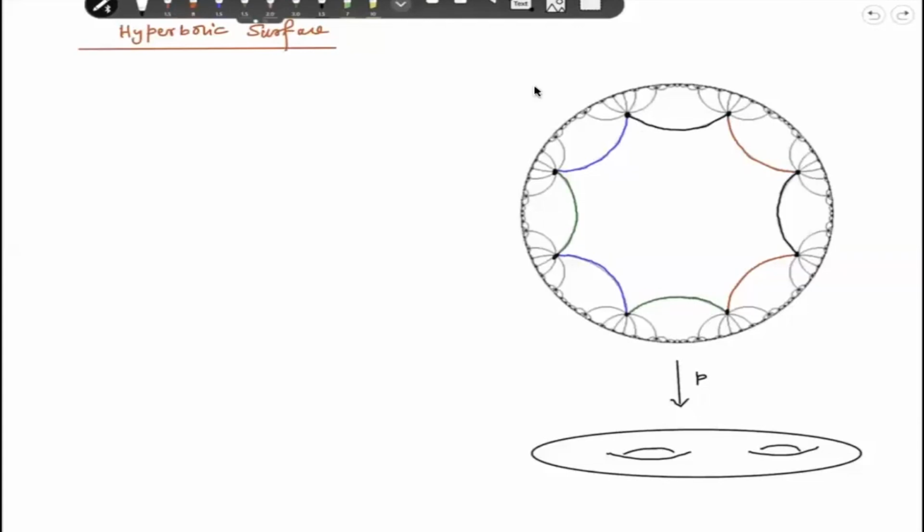So we have taken a geodesic regular octagon in the unit disk model of the hyperbolic plane. So this is my unit disk. We have taken this geodesic octagon such that the internal angle is equal to pi by 4. So all these angles are pi by 4. And so then we got isometries